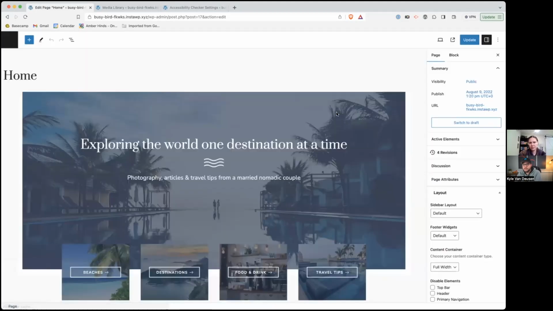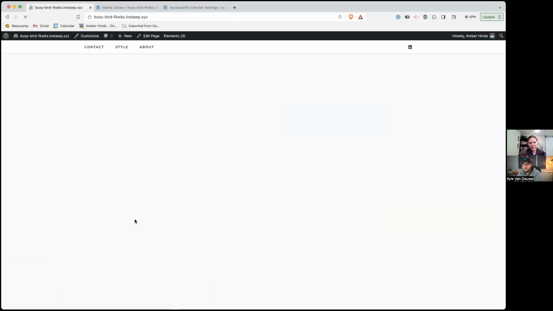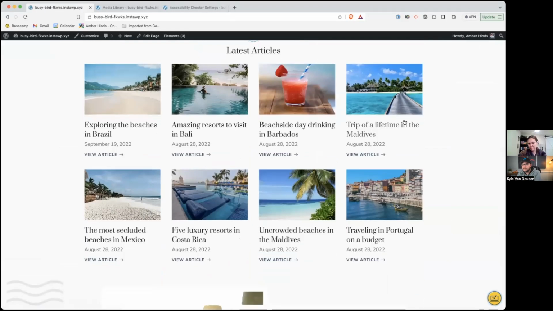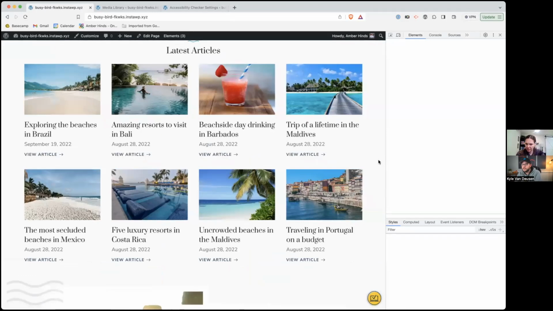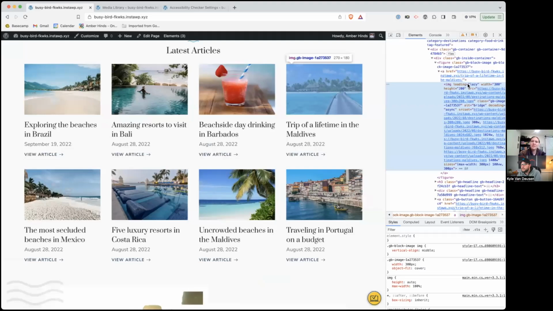So I'm going to update it. It's going to force it to rescan. So if we view this page, and I'm just going to inspect this in the inspector without using the accessibility checker for a second, because I'm curious about something. Yeah. So this is sort of an area where things might get a little dicey, depending on if you're using a builder or not,